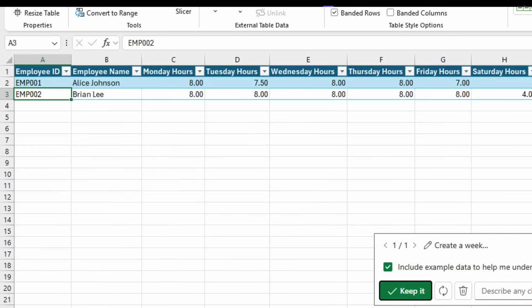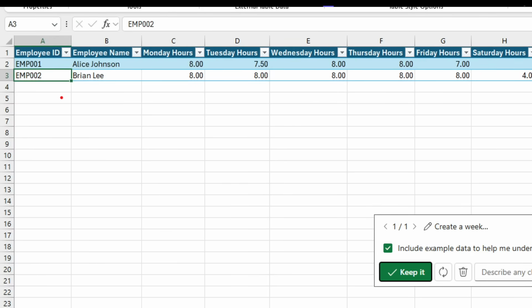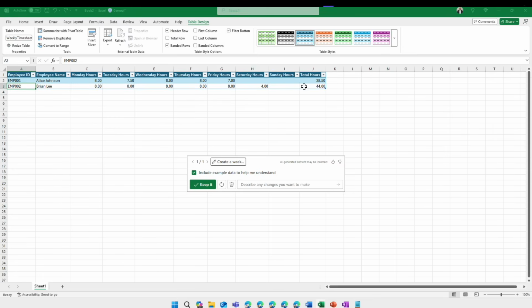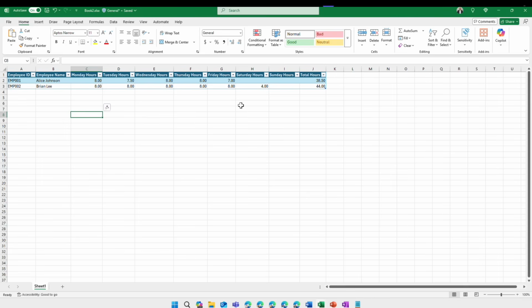So if you look at it, based on the things we asked to include in the timesheet data, it included employee ID, employee name, the whole week information, and towards the end, we have the total hours as well. I haven't asked, but it applied the formula to calculate the time spent, things like that. So that's a quick example of how you can ask Copilot to create something for you from